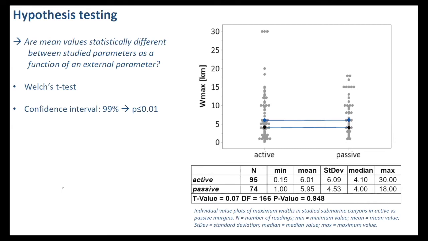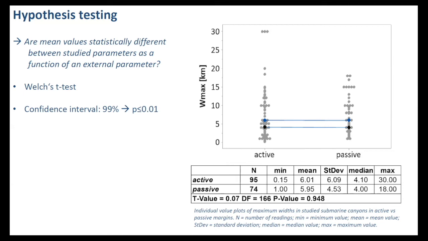We can then compare frequency distributions of the same study parameter, but as a function of an external parameter, for example, to investigate whether a certain setting or environmental factor exerts control on it. So this can be achieved by hypothesis testing, which is a method to evaluate whether differences in mean values are statistically significantly different for tested parameters. I have chosen a confidence interval of 99%, which means that for comparisons of mean values, where p-values, which are the ones that we compute in the end, are equal or less than 0.01, the difference is interpreted as